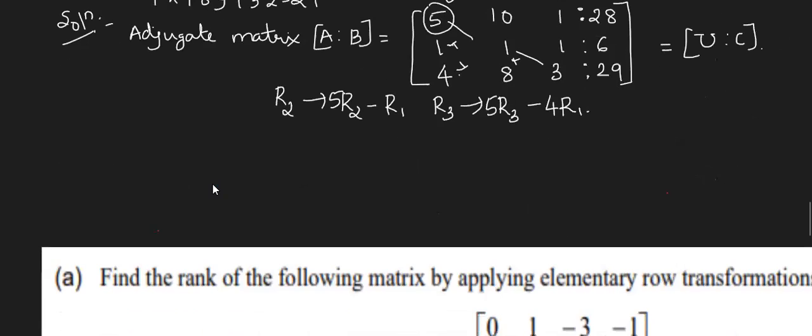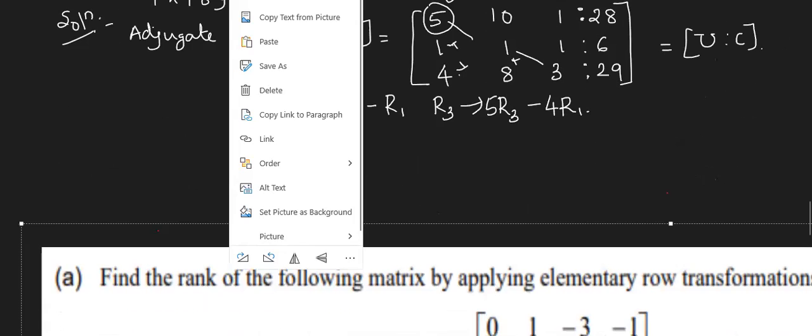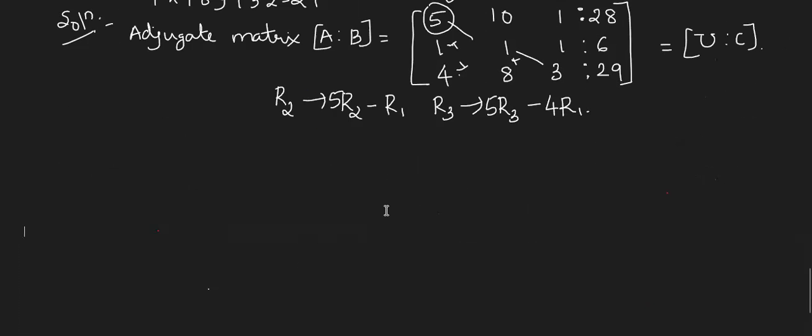Have you understood it? Yes, ma'am. So just continue and apply this operation. This is the A|B matrix. What do I have to write? First row as it is. There is no operation for the first row. What happens to this? Obviously it becomes 0. Next, apply this set of operations for 1 and 10.